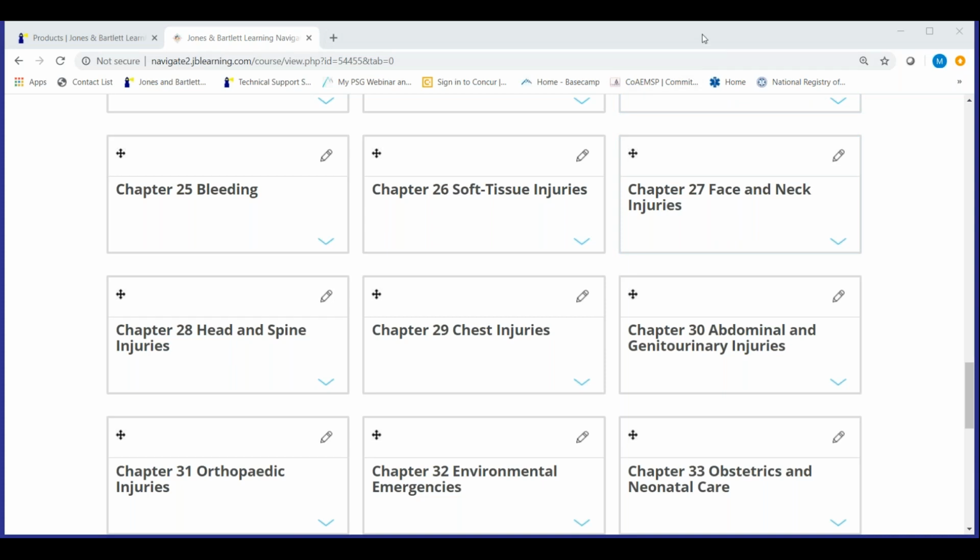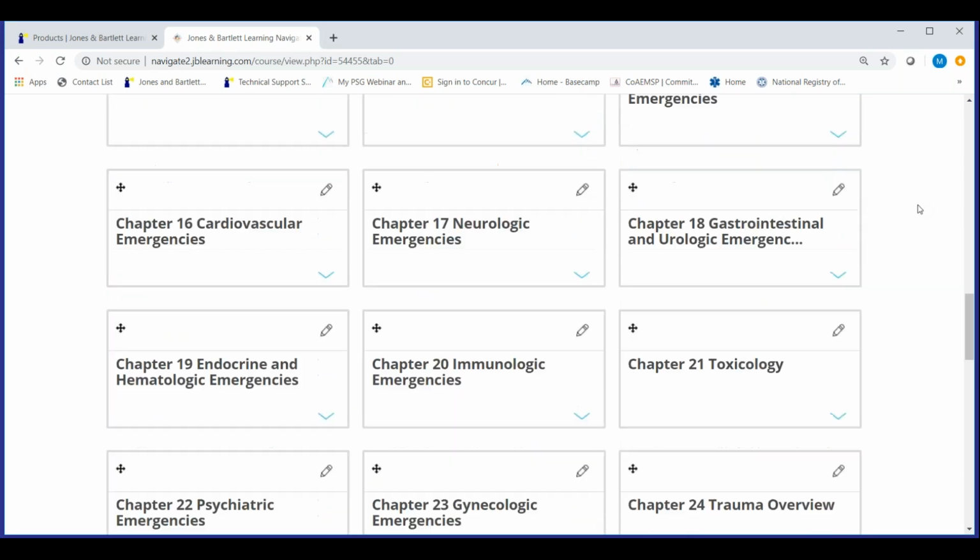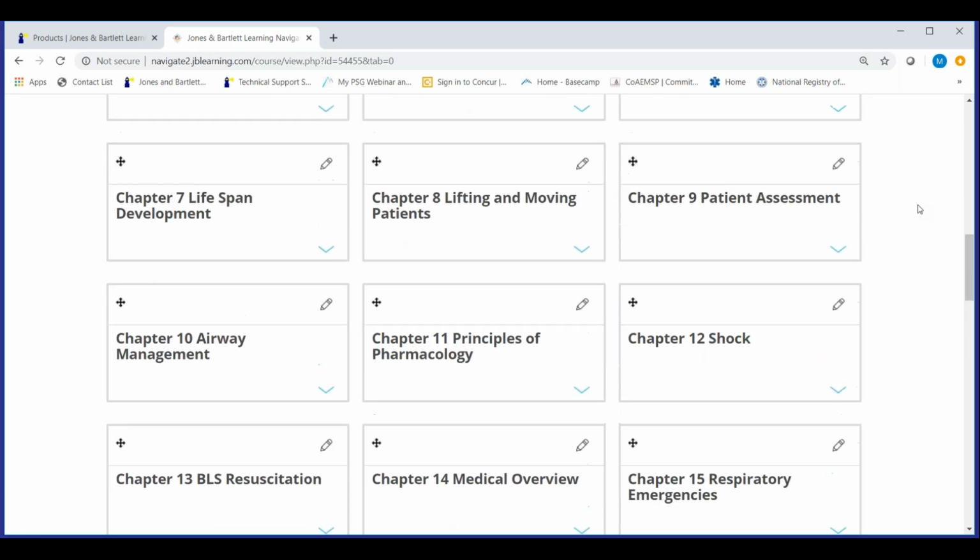We do have one final question if you have a few minutes. It's referring to, so this individual uses Jones and Bartlett for their EMT classes, and when students go in with the Premier Access code, they notice that there's a section of simulations that they can access. They're curious if there are any additional simulation scenarios that you're aware of that Jones and Bartlett offers.